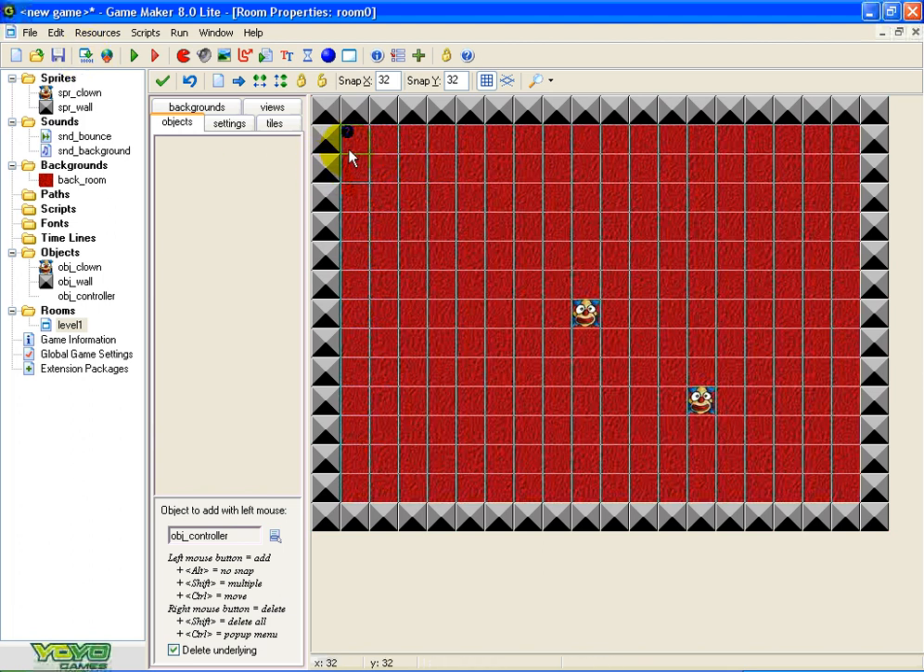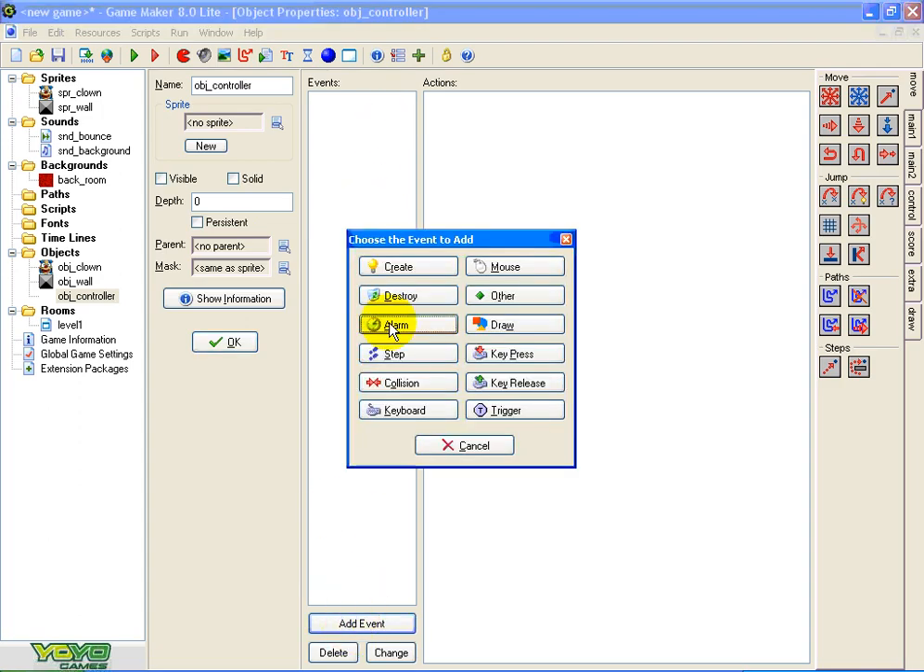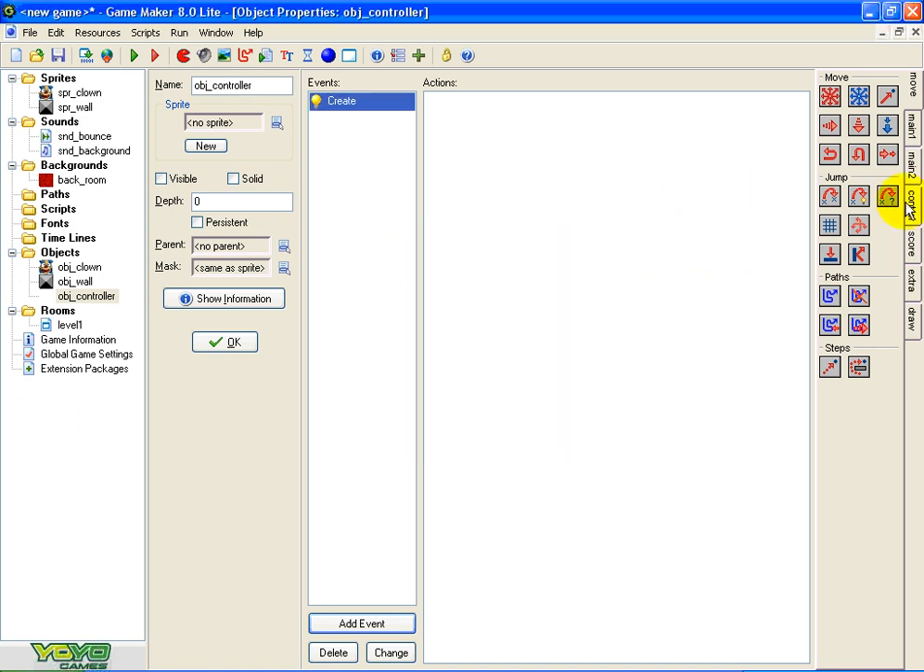As you can see, it currently doesn't have a sprite associated with it, so we get a little question mark. So although the controller is in the room, it's completely invisible to the user. But the purpose of it is so that when it's created, which of course happens when the room is created because the controller is in the room, we're going to use the creation event to